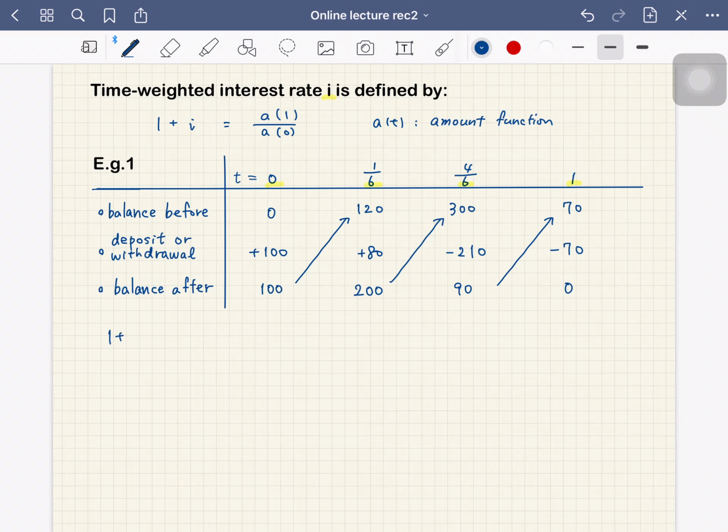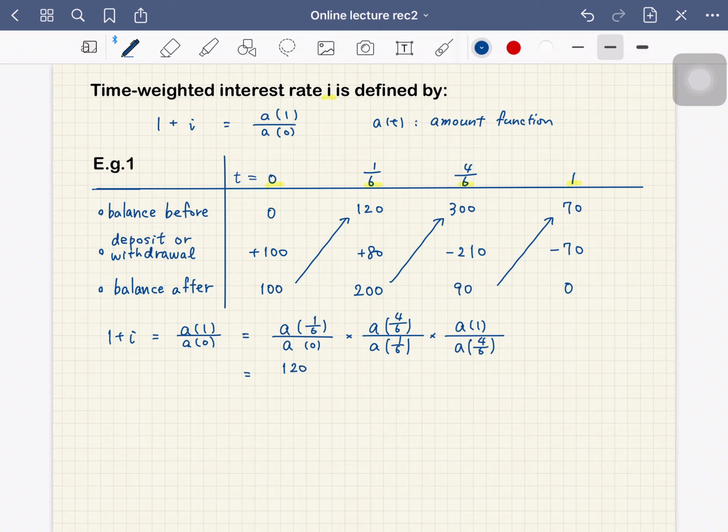So 1 plus I is A of 1 divided by A of 0, which is calculated by A of 1 over 6 over A of 0, times A of 4 over 6 over A of 1 over 6, times A of 1 divided by A of 4 over 6, which is